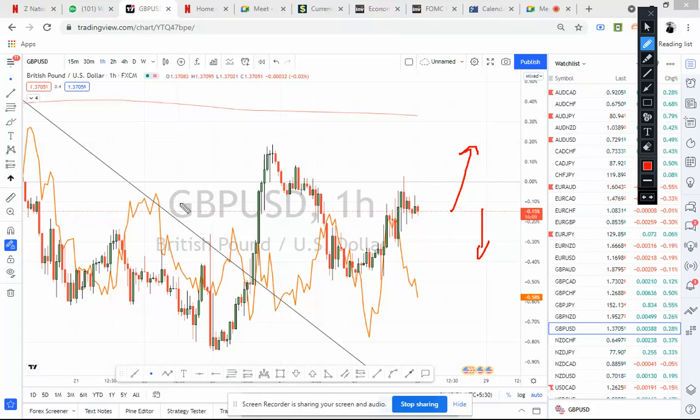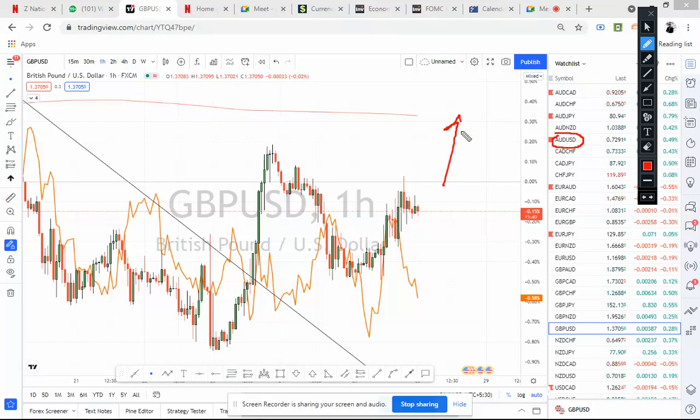If GBP USD is base here and GBP AUD also is base, both of them cannot move the same because of AUD. They are not having the same counter currency. They are having different counter currency. The reason why both of them cannot move the same is, one, they are not having the same counter currency, and two, if